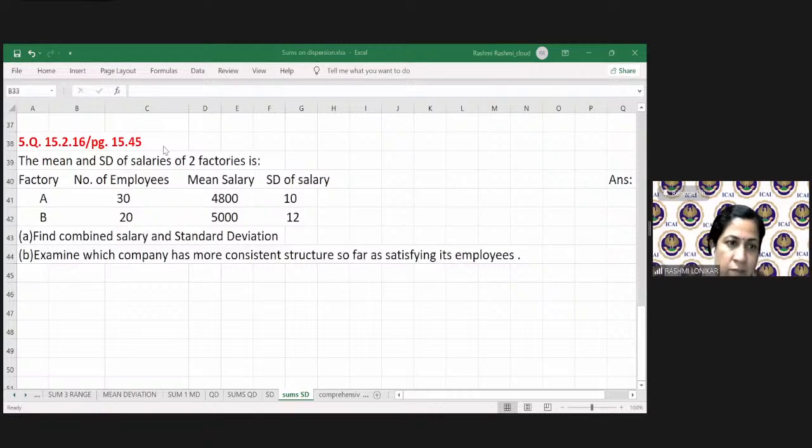Find combined salary and standard deviation. And second very important question that can be asked is: examine which company has more consistent structure as far as satisfying its employees. So here the first formula I am going to use is